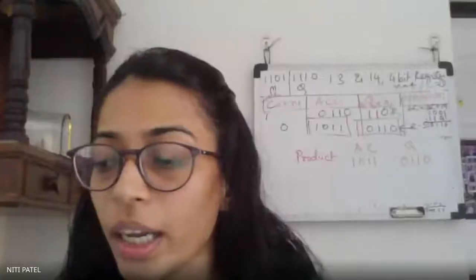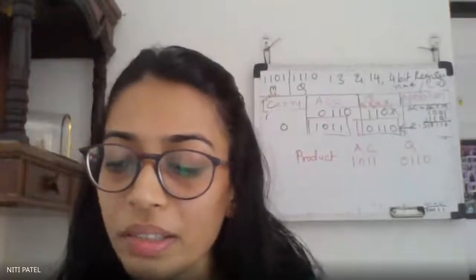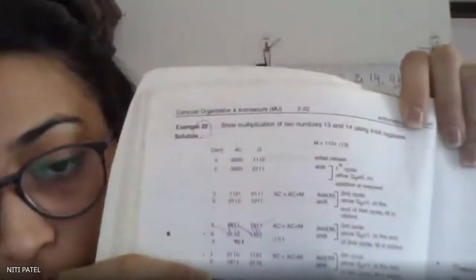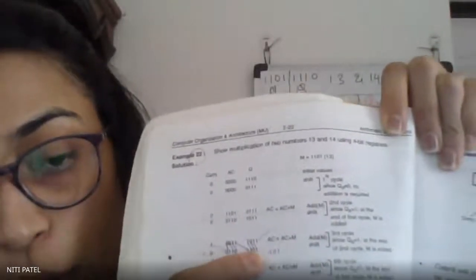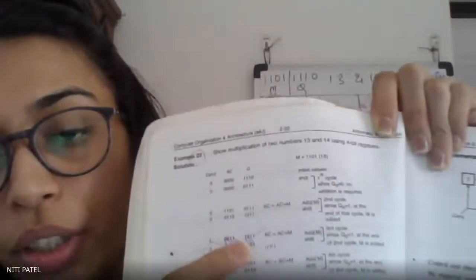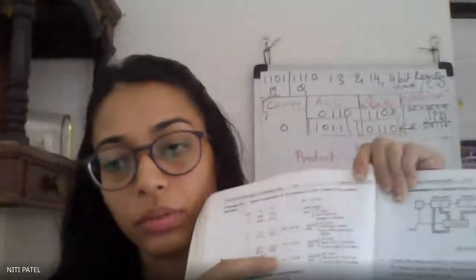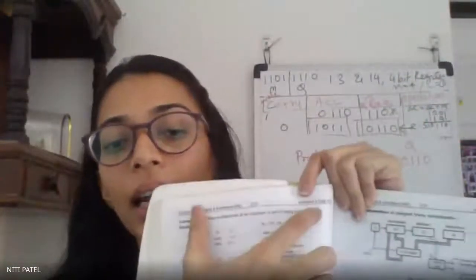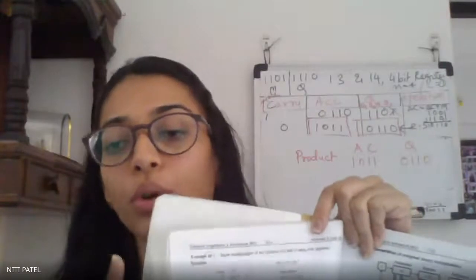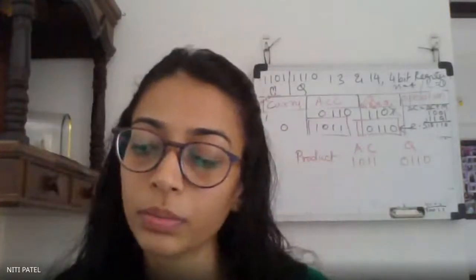Ma'am, can you share the first sum from the textbook, because I didn't understand it? Okay, see, in the textbook, the third step is wrong. I can show you in the textbook. If you see the third step, the accumulator AC is wrong, so if I share it you will get confused. If you want, I will write the correct answer on paper and share the photo of it in the classroom. Will that do? Yes, ma'am. Okay.